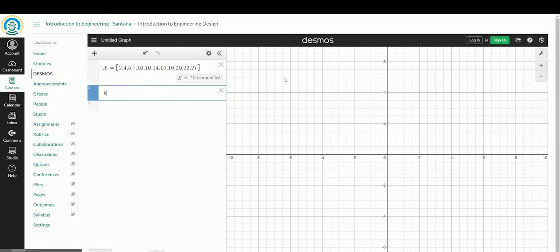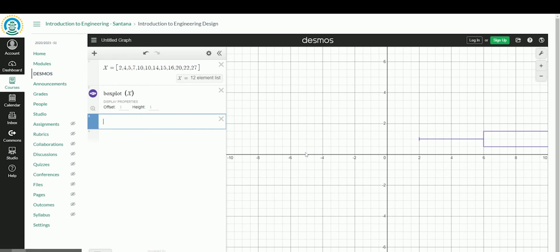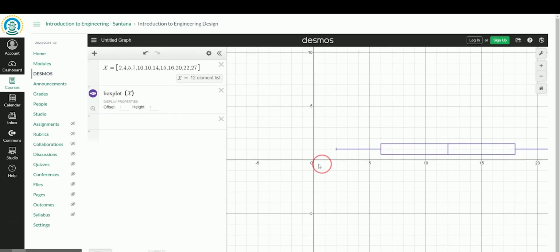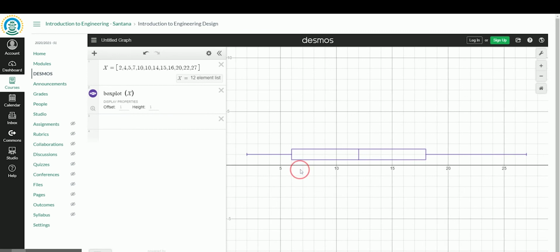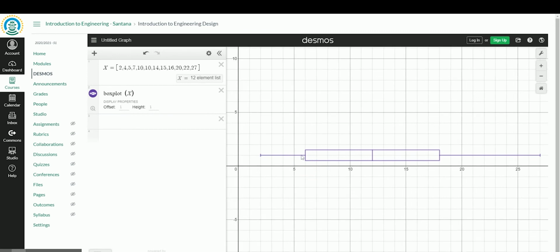And now I'm just going to type in Boxplot, and then in parentheses, I'm going to refer to our variable X capitalized. Once I hit enter, you'll see that I could zoom in and out, drag this over, and the box plot shows up. All this information is showing is here is the most extreme on one side, so that would be number 2. Here's the other extreme, number 27, and the average in the different quartiles, quartile 1, 2, and 3,